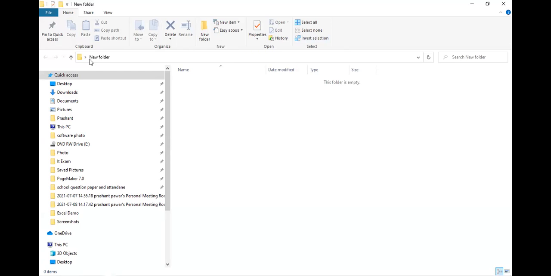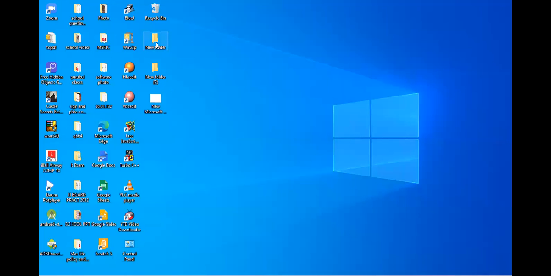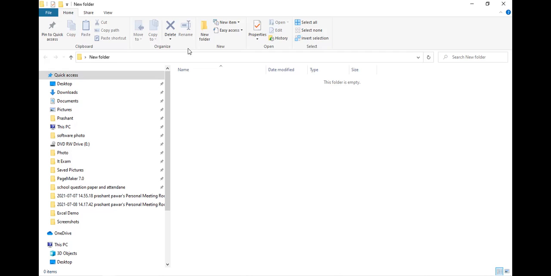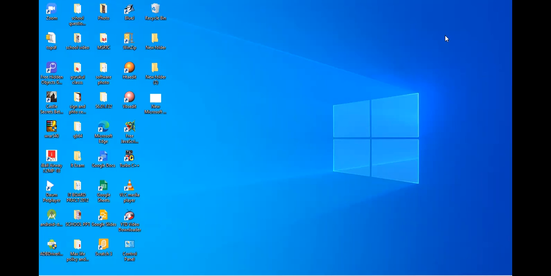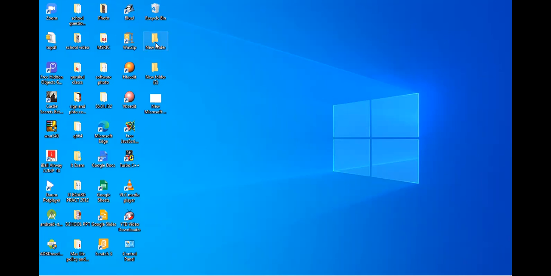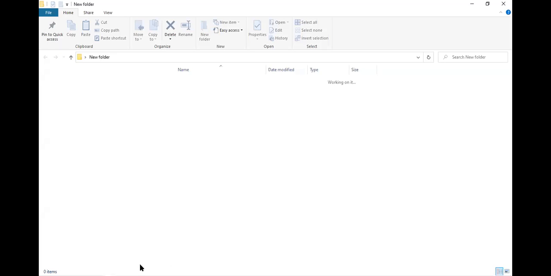Once again I repeat, I have given input through the mouse. I have right clicked on the folder. I have just pressed a single click on that folder and you can see that folder is open. That means the opening command is processed by the operating system. इसको बोलते हैं opening जो है उसका process हो गया. ठीक है, अभी ये process हमें how can you check out this process? So you can check out this process.